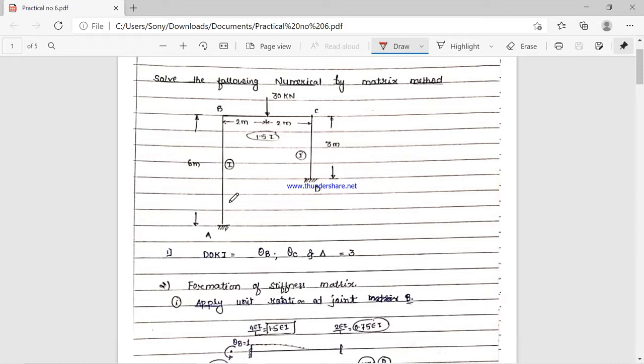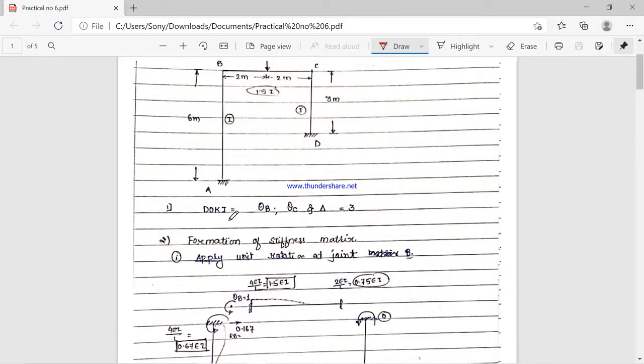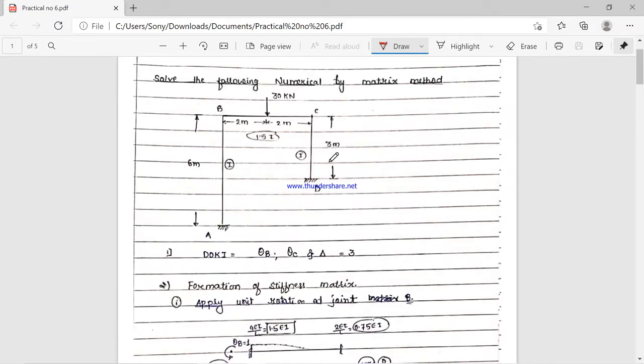So because of the unequal leg condition, or the height of the column condition, the frame will be defined as a sway frame. So you have to identify this frame, and then only you go for the sway frame or non-sway frame based on the conditions. So the degrees of freedom will be theta b, theta c and delta. Therefore the total unknown will be 3.